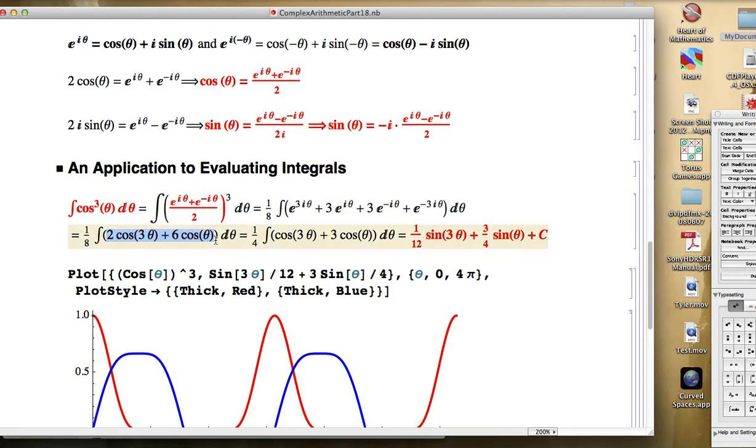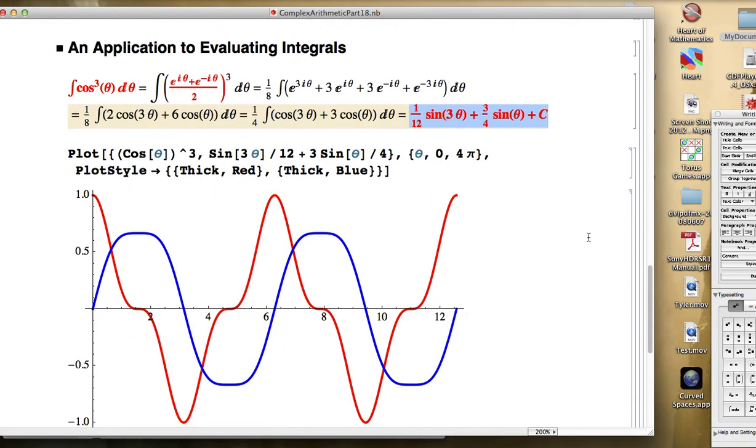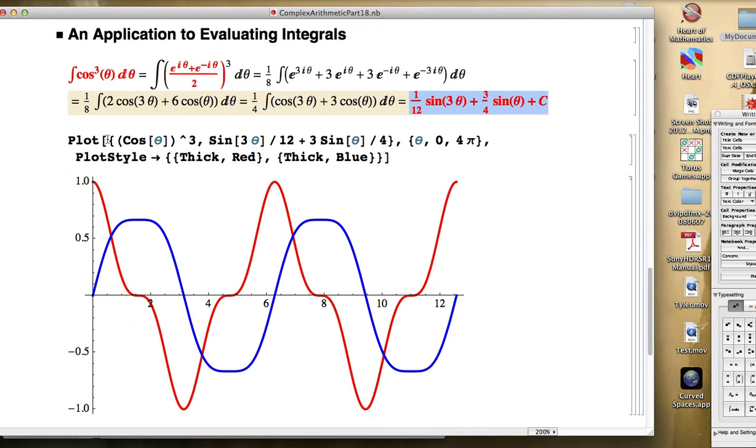And if you didn't see that in the last video, or if this is new to you, you should make sure you use Euler's formula to check this. That's a pretty easy integral to do, and here was the answer that we got. And then we looked at the graph of both the original integrand and the proposed antiderivative. We did the integrand in red and the proposed antiderivative in blue,